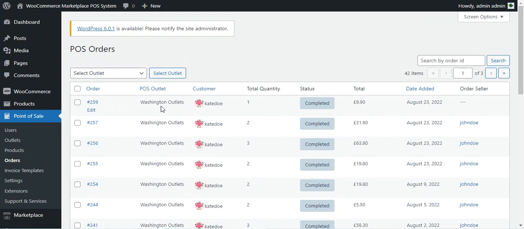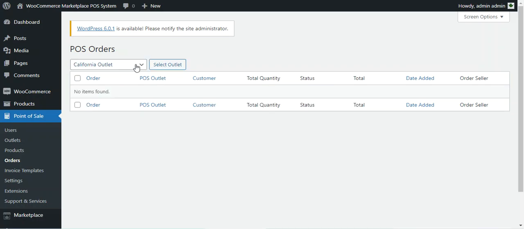So you can see that from the Washington outlet here, the admin order has been placed, because the order seller is dash dash dash. That means it's of the seller there, of the admin basically. Then this was the orders section, and here we can filter the orders according to the outlets as well. So for example, if I go with the California outlet, then none, Washington outlet,